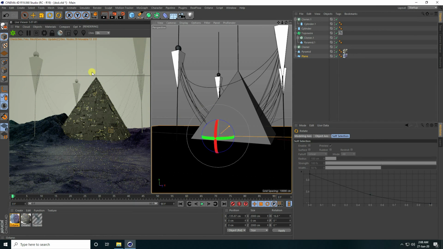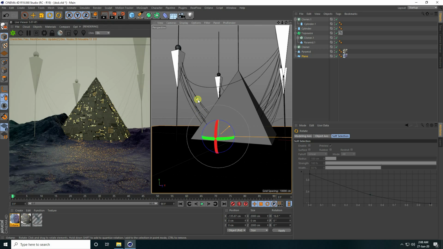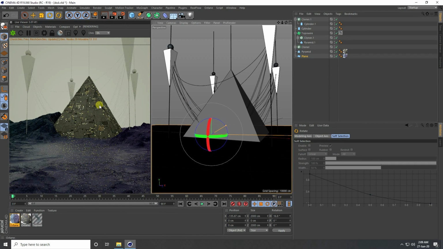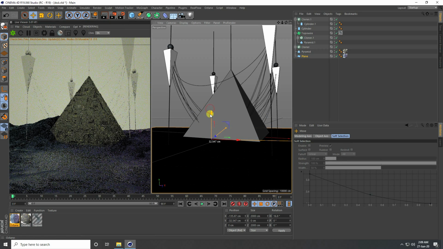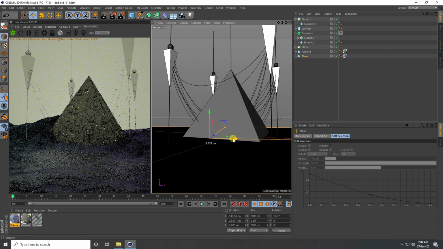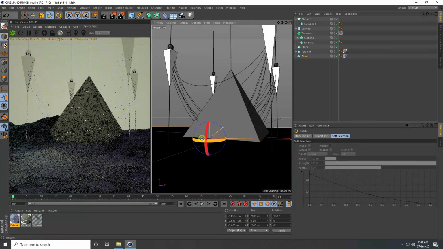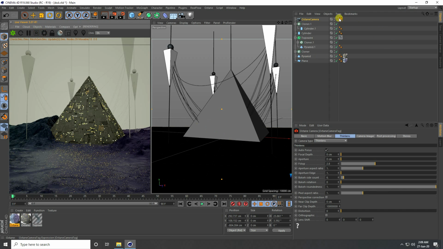Guys, now I change render size. So go to render setting and all size I take 1000 pixels. And little bit back. See, that's my view angle. And guys, select this plane and little bit down, little bit more. Yes, better. And rotate. Okay, so guys, my camera angle is good. Now I take camera and camera check.